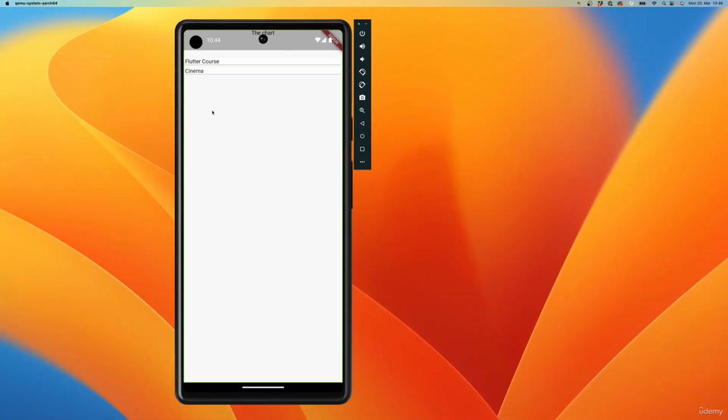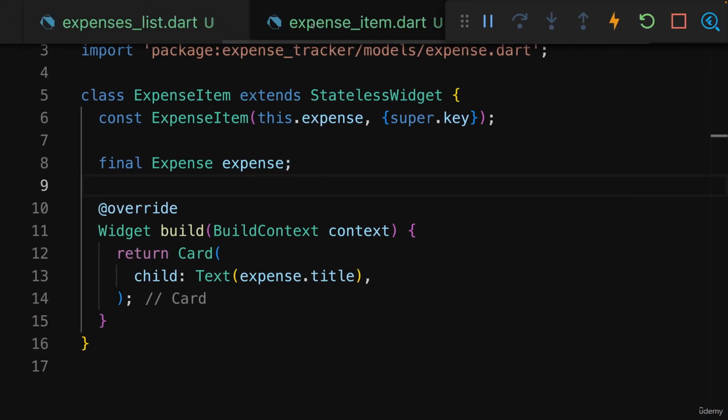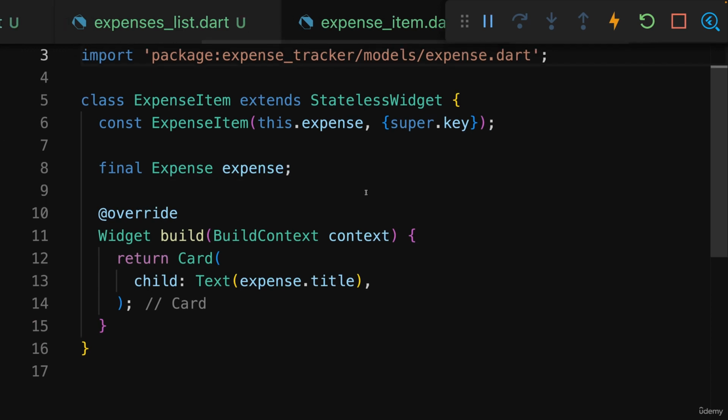It doesn't look too amazing here because we got no other styling and no other widgets, but I want to have this elevated look here to make these items stand out at least a little bit. A card also automatically adds some top and bottom margin so that we have some spacing between those items. It's a bit hard to see here, but it's a subtle effect that will make the items look better, especially once we're done adding all the other widgets that should be added here to expense item,